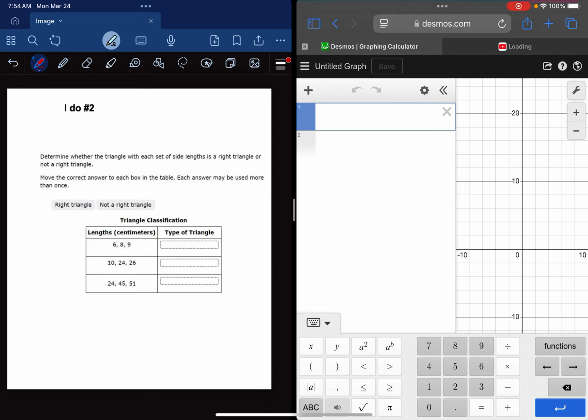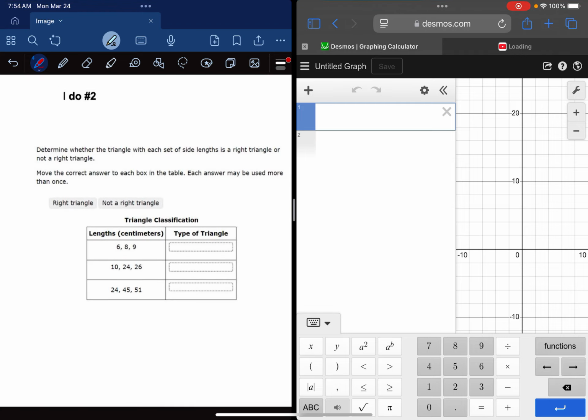Okay, we're moving on to I do number 2. It says determine whether the triangle with each set of side lengths is a right triangle or not a right triangle. Move the correct answer to each box in the table. Each answer may be used more than once. So when we want to find out if a set of side lengths makes a right triangle, we're going to use the Pythagorean theorem. And so we're going to go into Desmos, and I'm going to put in here